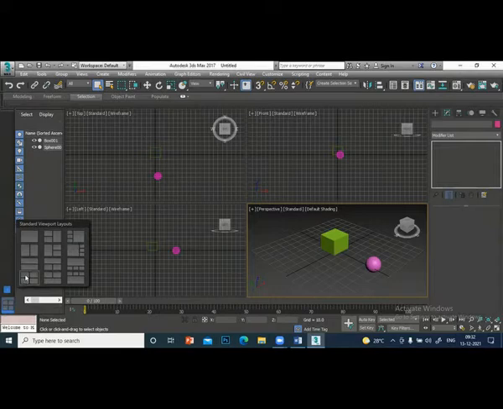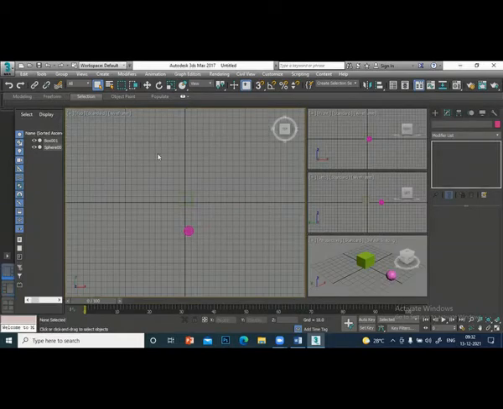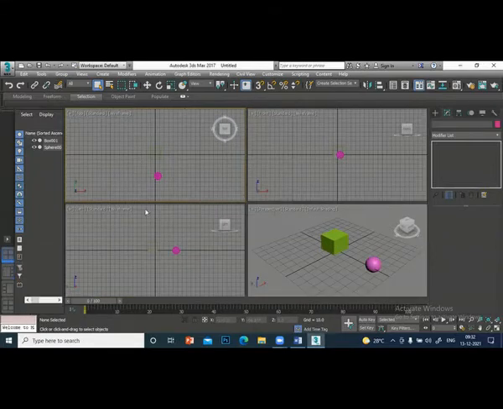Now we are having this one, equally 4 equal. Suppose you want smaller 3 one side and the bigger one side, you can do that if you want. Suppose you want a smaller one this side and a bigger one here, you can use. So this is a very, very powerful tool to change the viewport layout. Got it? So we'll go back to the standard. This is the one 4 equal. That is more useful. You can select according to your convenience.